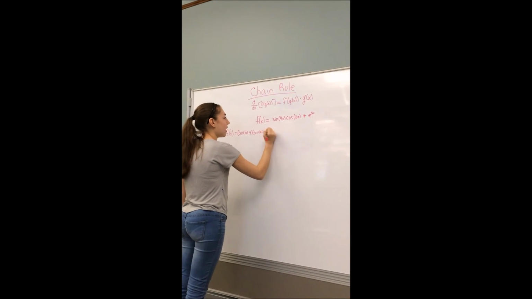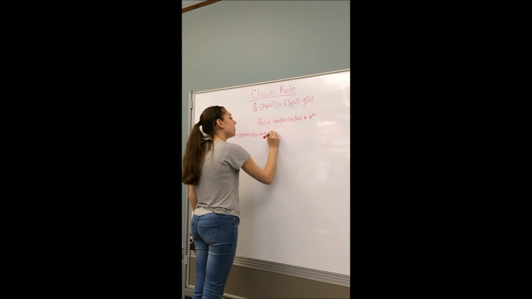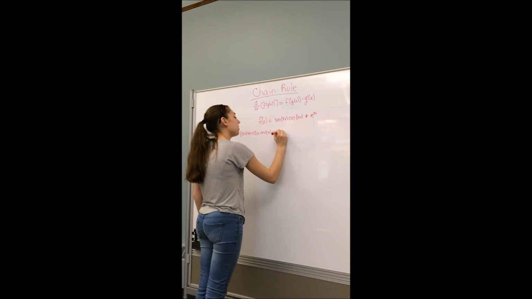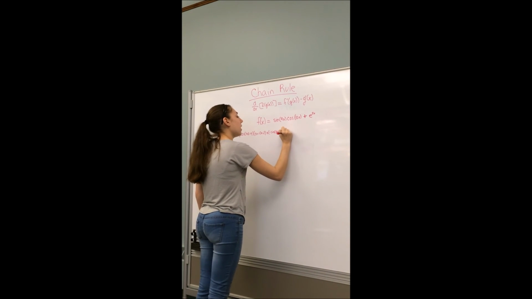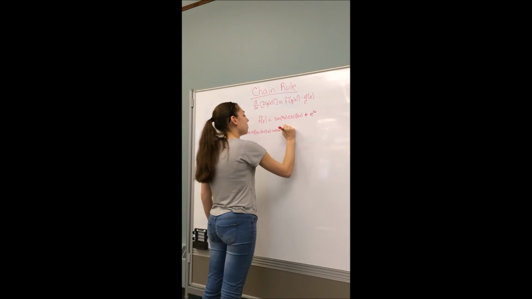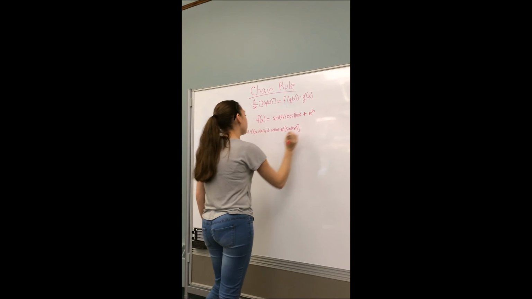And you're going to add that to the derivative of the second, which is negative sine of 10x, times the derivative of the inside of this, which is 10, and you're going to multiply it by the first one, so times sine of 4x. You're going to add all of this